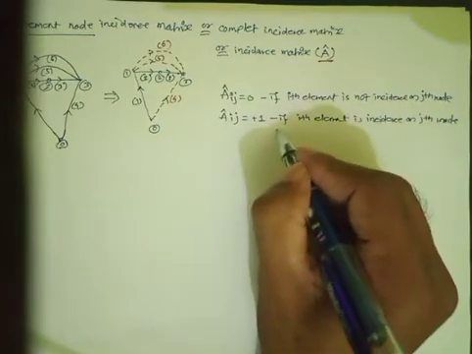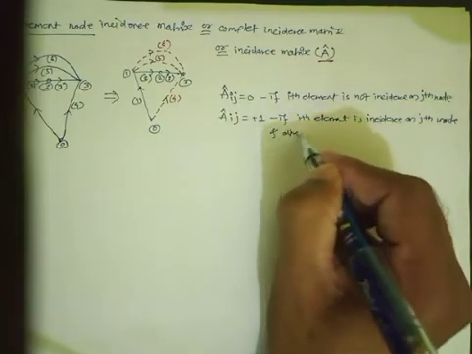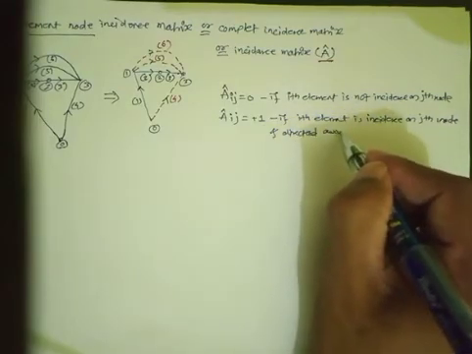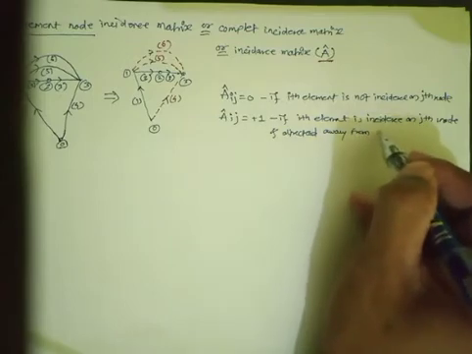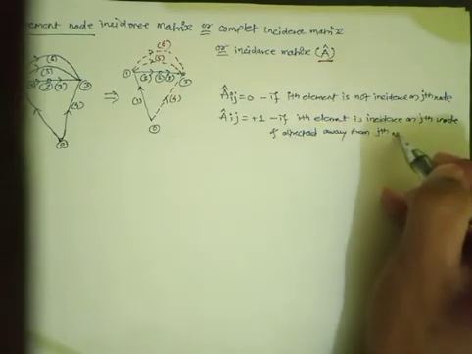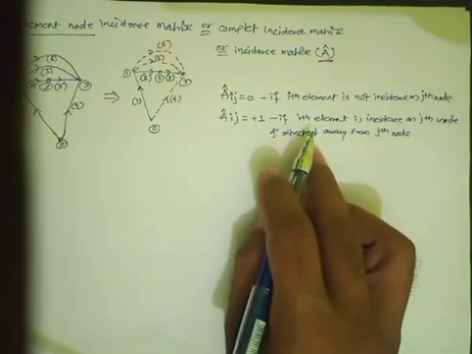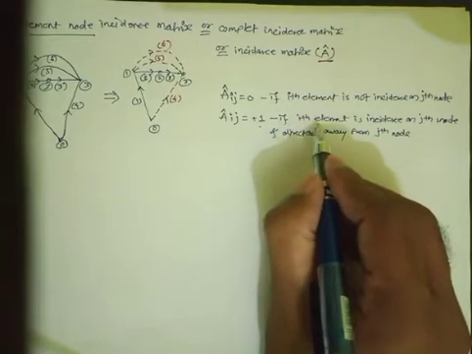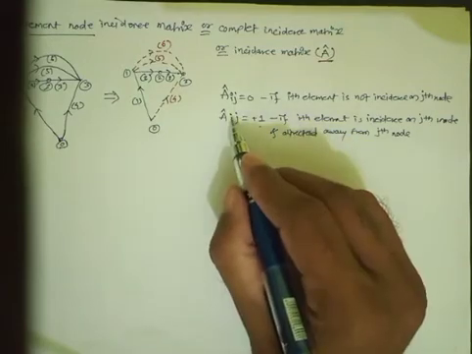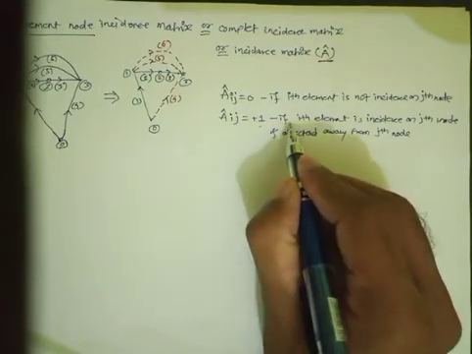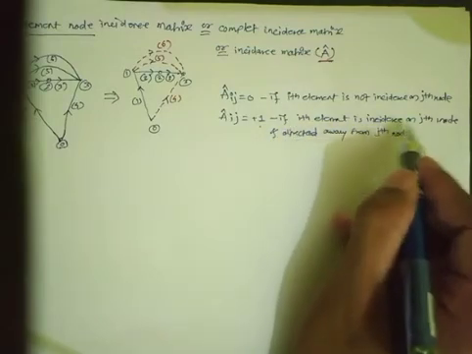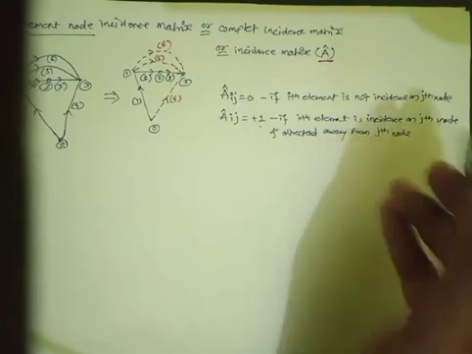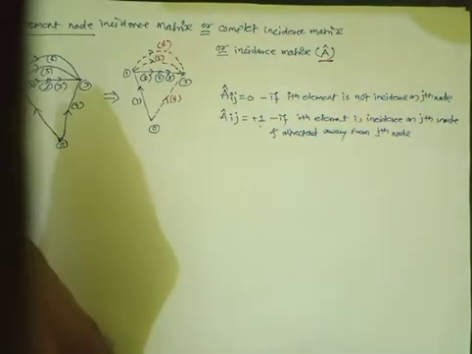And it is directed away from this particular jth node. Okay, now this a_ij element will become plus 1 if the ith element, I means element here, j means node, is incident on the jth node and it is directed away from the jth node. Okay, means this direction is away from that particular node.